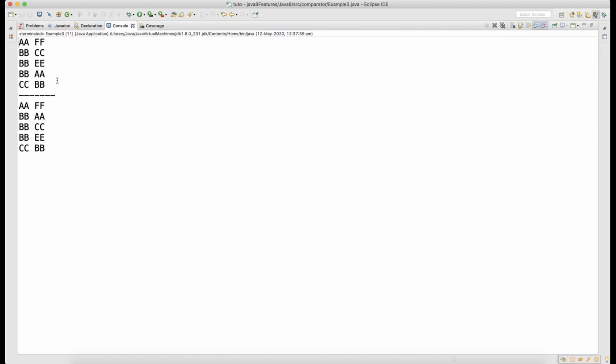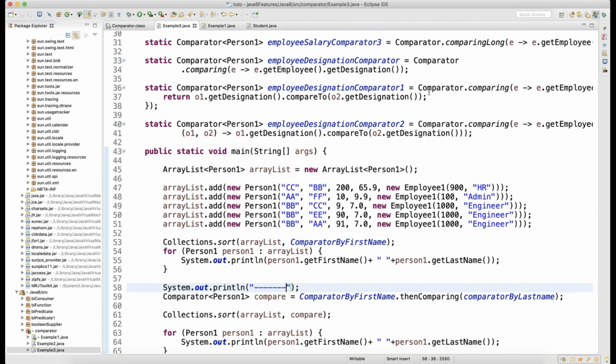You can see this is your output when you sorted on the first name: AAFF, then BBCC, then BBEE, then BBAA, and then CCBB. Basically, when you sorted on the first name, your last name was not taken into consideration, because there were a lot of duplicate first names. They got printed as is, the BBCC, BBAA, and BBEE. If you look at the way it was inserted, the duplicate data of the object got printed as is: CC, EE, and AA.